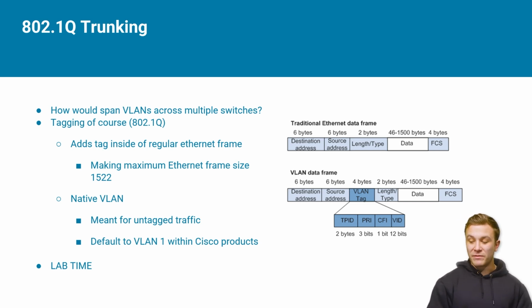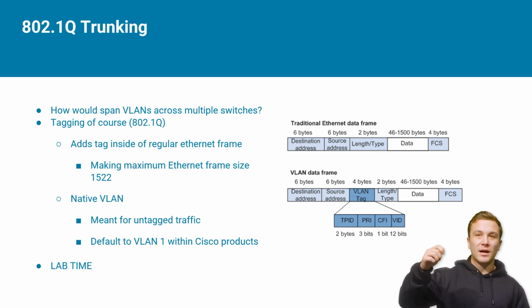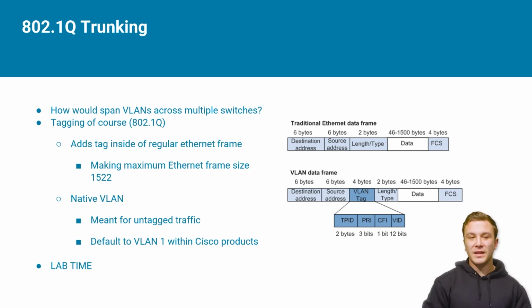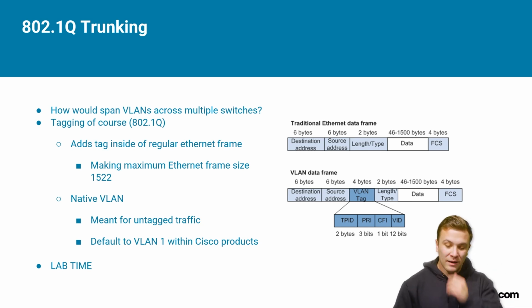So within that VLAN ID on the far right, within this VLAN data frame, that's where that VLAN 3 would be stapled, going from one switch to another, and then it would be ripped out as it leaves to the client on the far side. The client would not see that VLAN ID. The only way you would see that is if you're monitoring traffic between the two switches, which we can go ahead and try to do. So,